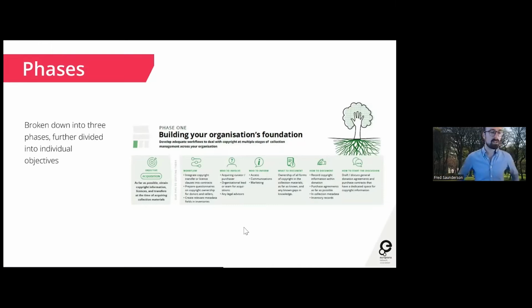We're only using a few words, a few lines, a few bullet points for each of these. And this is targeted at cultural heritage organizations, really in quite a wide range. You might be a very large organization or a very small organization, an organization made of many parts, working on different structures and so on. So we have tried to keep the language very high level in general, but you might have to adapt a little bit, and we particularly think about the likes of who to involve and who to inform.